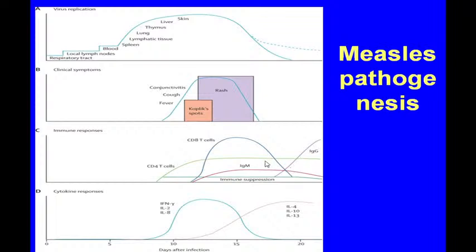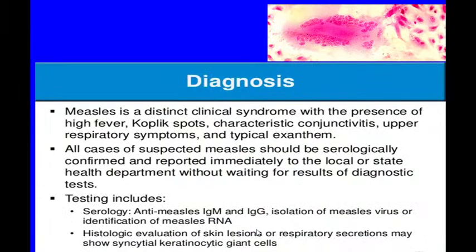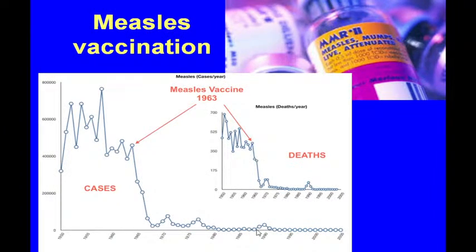So that's why usually we take serum twice, at the beginning of the disease and 1 week later, to demonstrate rising of antibody IgG titer. If you demonstrate rising of antibody titer, there will be no doubt this is a specific antibodies. There will be no doubt that this is measles disease. That is for diagnosis.